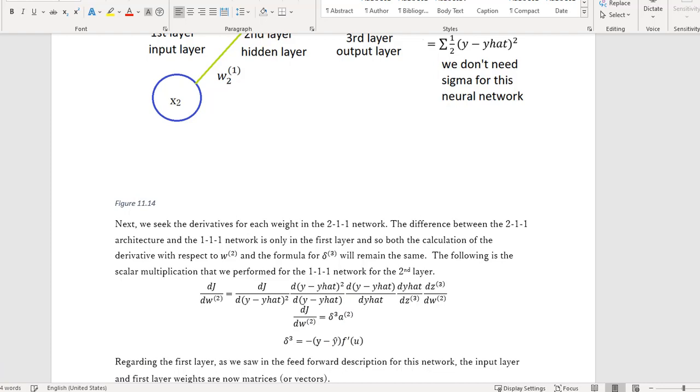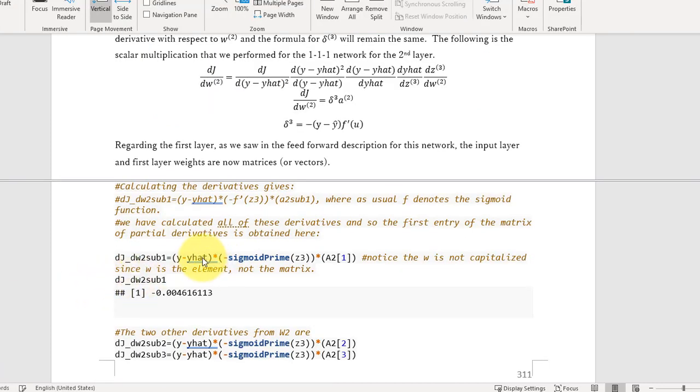So let's split the screen here. It should be basically the same thing here. This one, dJ dW2 sub 1, is y minus y hat. There's a minus sign, but here the minus sign is over here. And then f is sigmoid, so sigmoid prime, because we have f prime there, of u, or z3 actually is what it is. And then times a2 here,